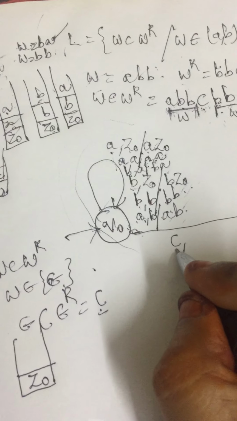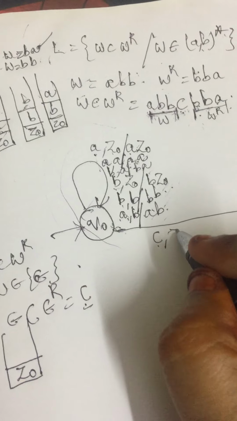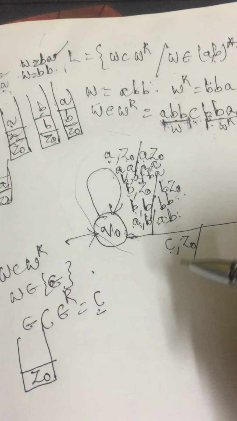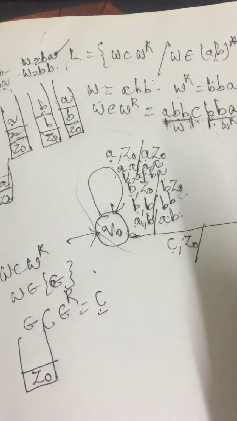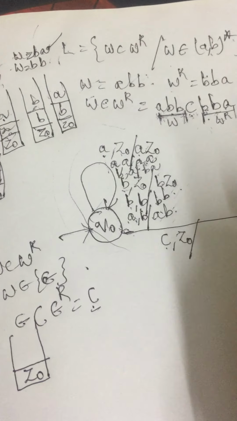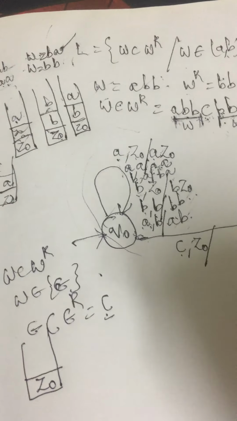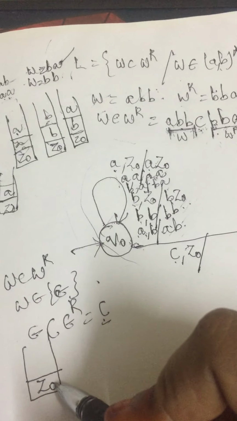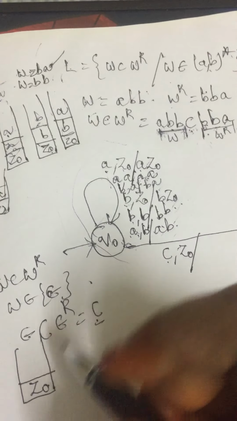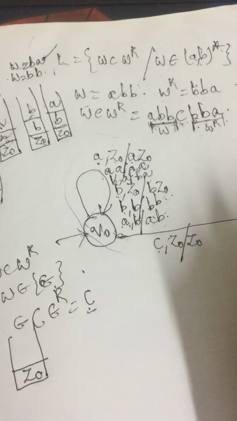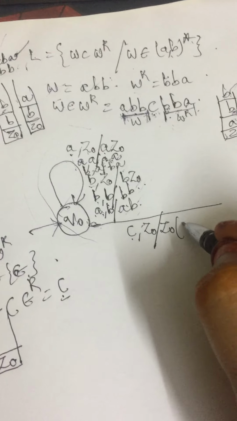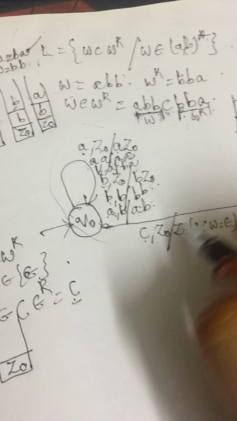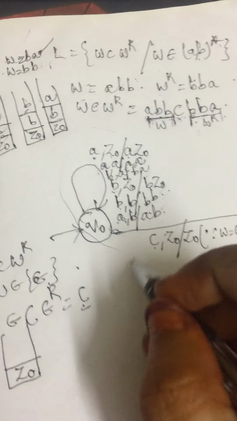So the present input symbol is C. The top of the stack is Z0. Whatever may be the top of the stack here, we are going to just perform this skip operation. That means whatever is present in the top of the stack, during skip operation, we are going to keep the same top of the stack here, Z0. This is since W is equal to epsilon. During that scenario, we got this.